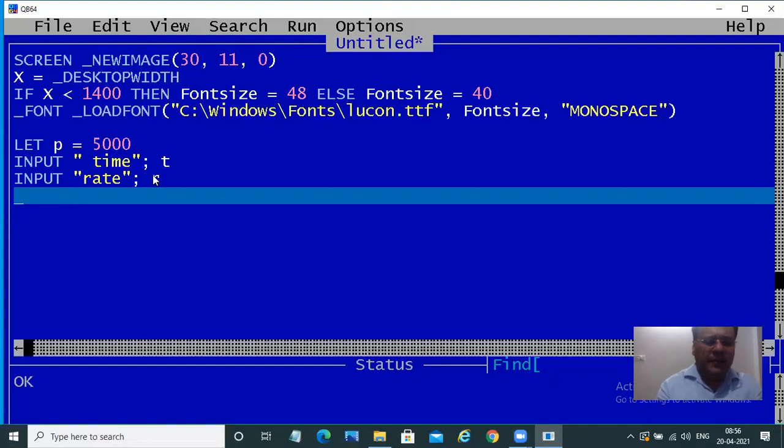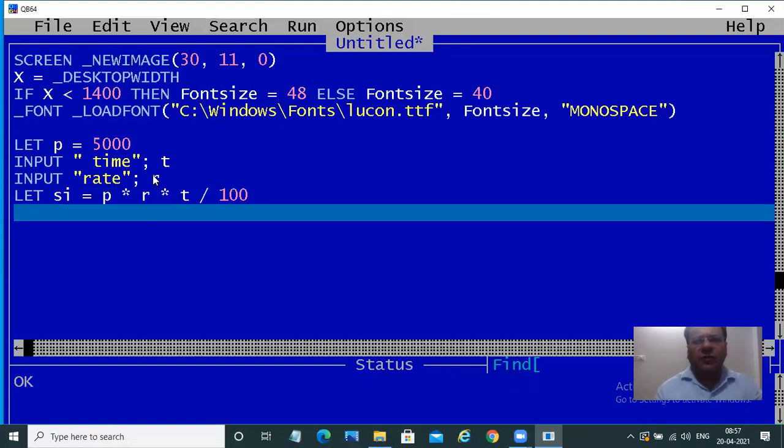Now we'll say let SI, we take simple interest, is equal to P into R into T divided by 100. This is the formula for simple interest. And now I'll use print principal amount.